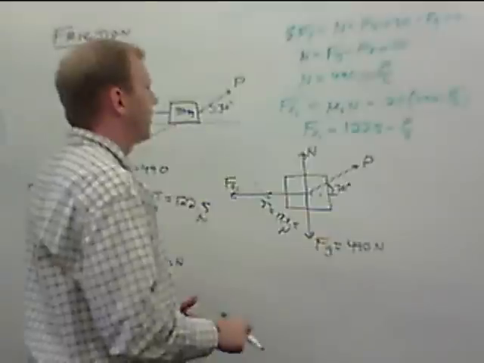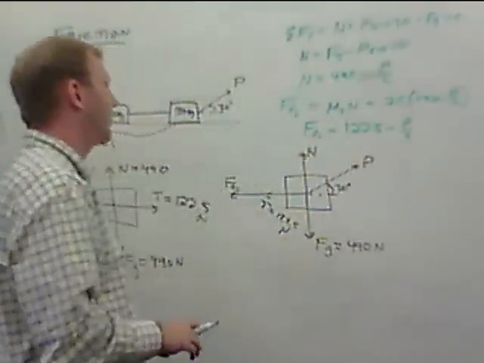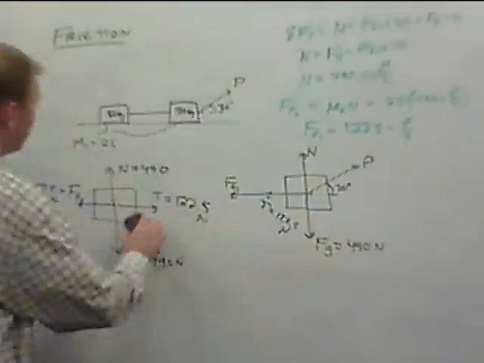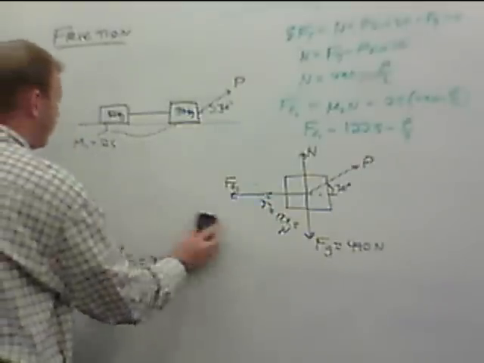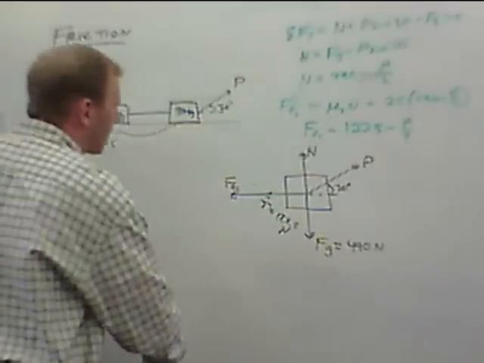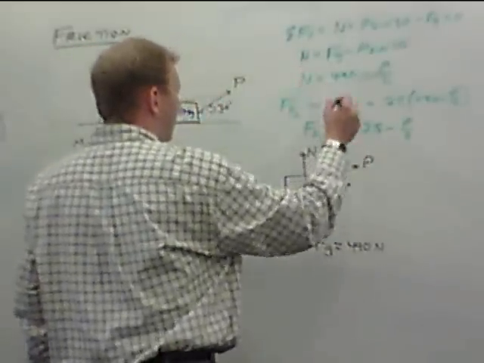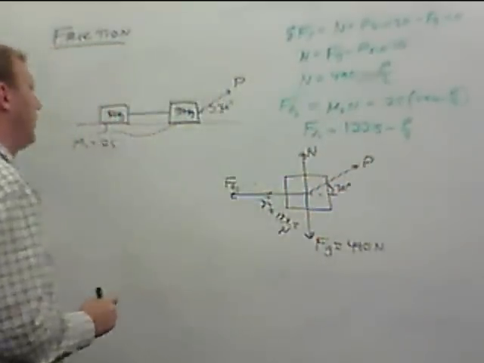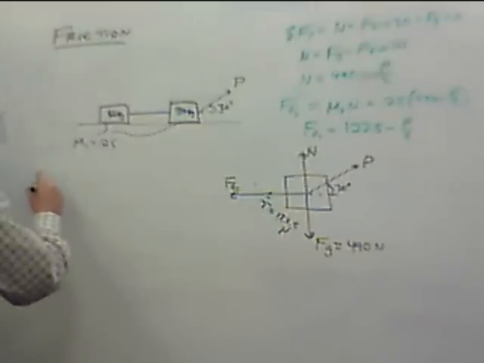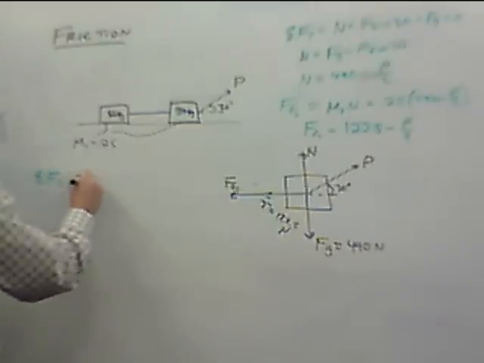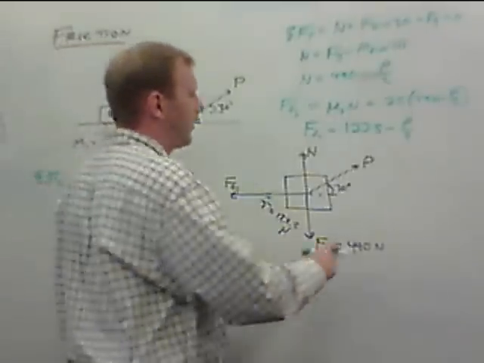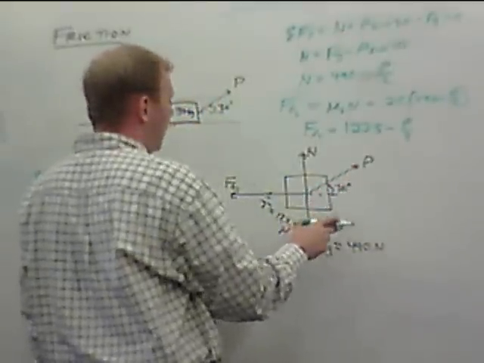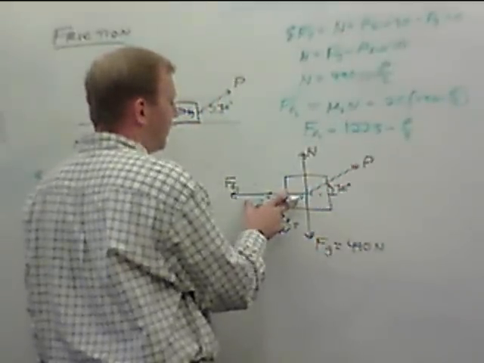Okay? So we have our normal, we have our force of static friction. Now we can do summation of forces in the x. Okay, I'm going to erase this diagram, we're done with it for now, and keep working over here. So I have normal, I have force of static friction, I have everything except this P value. Okay, so now I need to know that the summation of forces in the x are going to equal 0, i.e. we're looking for this P value where the horizontal component